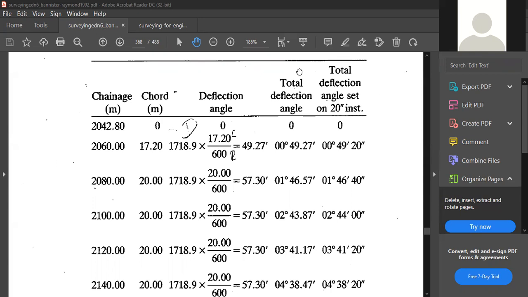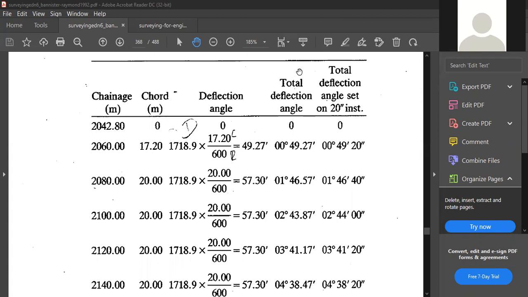What we're doing now is that we're trying to calculate the deflection angle. Is that okay? And the deflection angle is with respect to Ti. Remember, T is the tangent point, I is the intersection point. So assume we set up a total station and we pointed to the intersection point, then we can turn it to a point along the curve to be set out